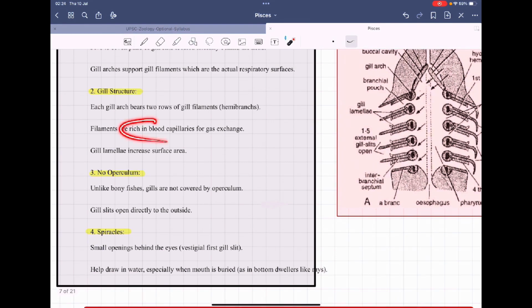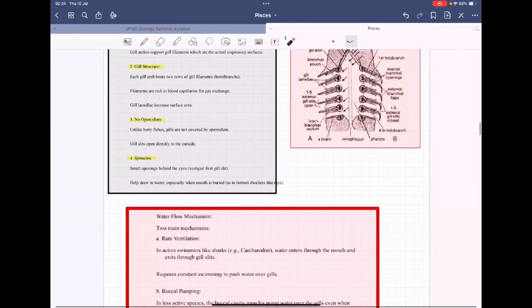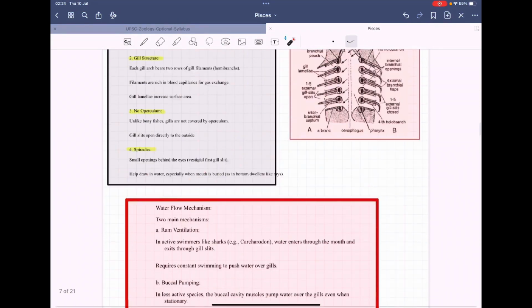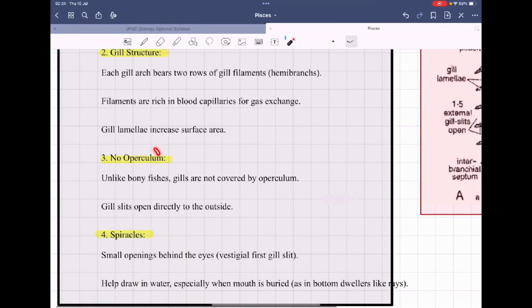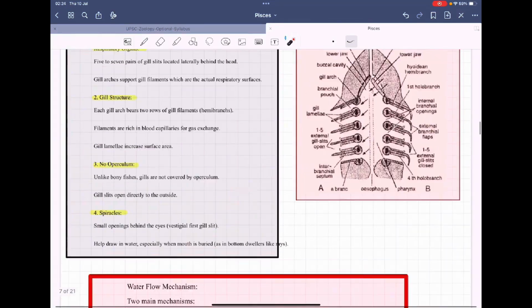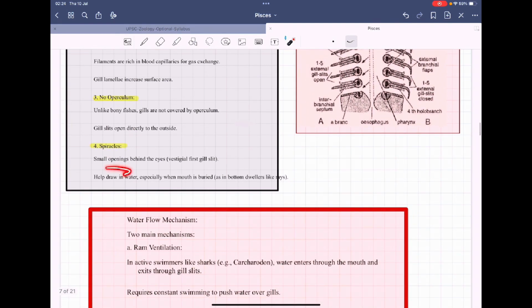The filaments are rich in blood capillaries for gas exchange, and the gill lamellae increase the surface area. Next, you will see that there is no operculum. So the gill slits open directly to the outside, and there are also spiracles. These are small openings behind the eyes, and they are a vestigial first gill slit. So these spiracles are vestigial first gill slits, and they help in drawing in water, especially when